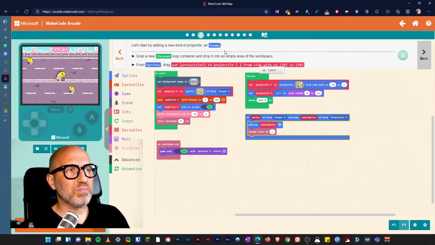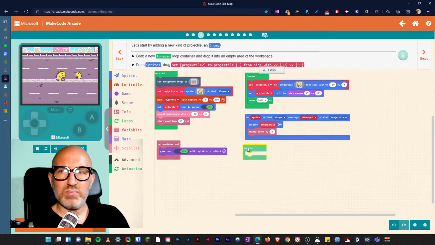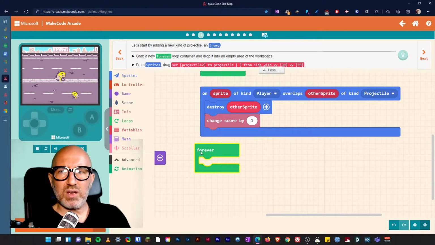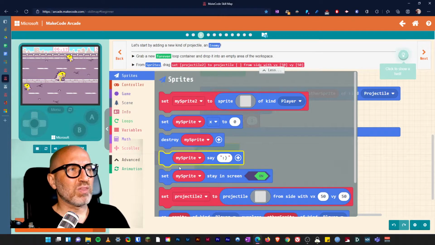We want an enemy. Okay, so grab a forever. Let's go into our loops and grab a forever and drop that in here. If I just zoom in here so we can see what's happening in this one. So I'm going to go into forever here, and it says a loop, and drop it into an empty space. From sprite, grab set projectile to